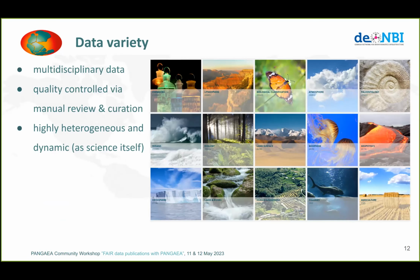PANGAEA holds data from a wide range of disciplines. In contrast to other repositories, PANGAEA applies a thorough quality assessment and quality control by a manual curation of each data submission. These submissions are usually very heterogeneous by nature and are a consequence of a constantly and dynamically changing research environment. To give a few iconic examples